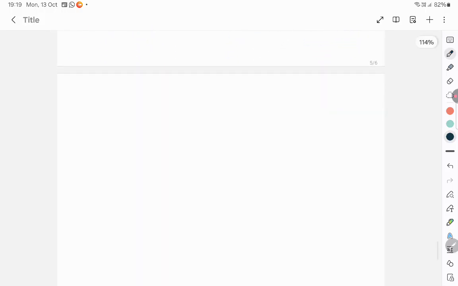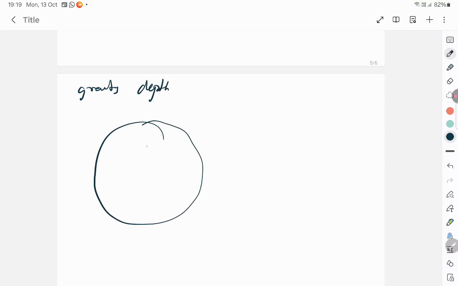Okay, now gravity at a particular depth. So gravity at a particular depth. Depth il paakkanuna, you take the earth here and consider that we're going to study gravity at this depth. Okay, you know this is at a position vector r, but you know that the radius is capital R and the depth here is d. So small r can be at any time replaced as capital R minus d.